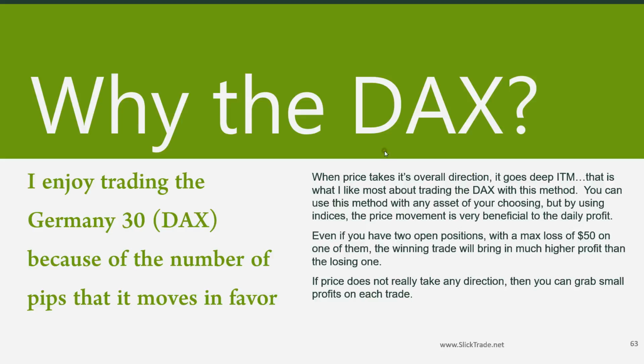So, even if you have 2 open positions, like I said, opposing signals have been sent. You're in a buy and a sell. You have a max loss of 50 in one of them. Okay, the winning trade is going to bring in a much higher profit than the losing one. So normally these on the DAX, they move